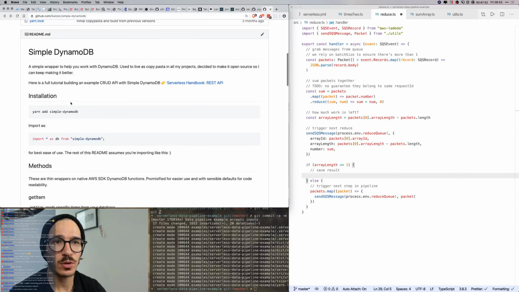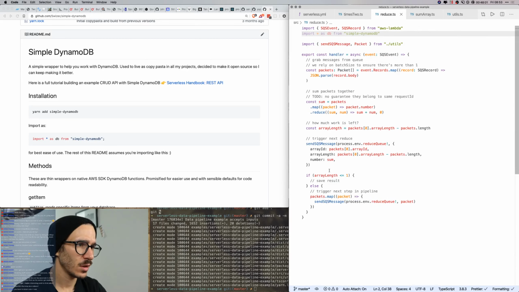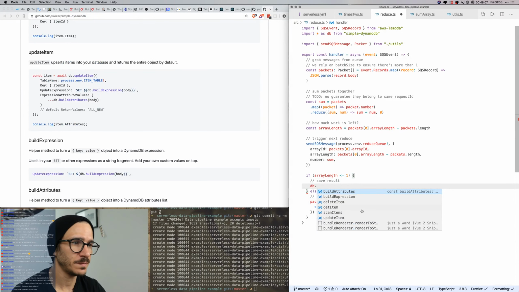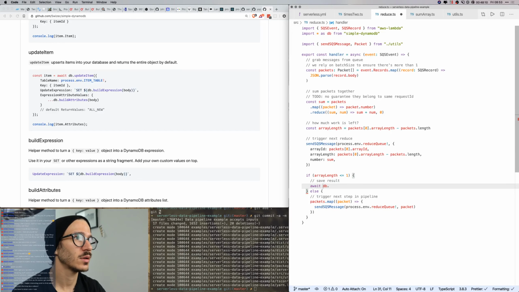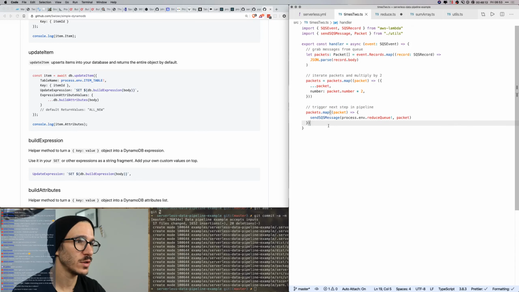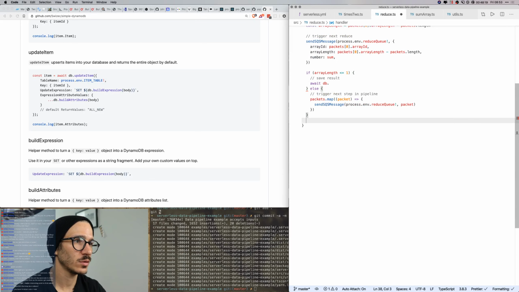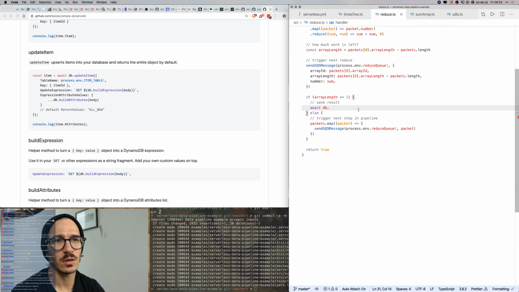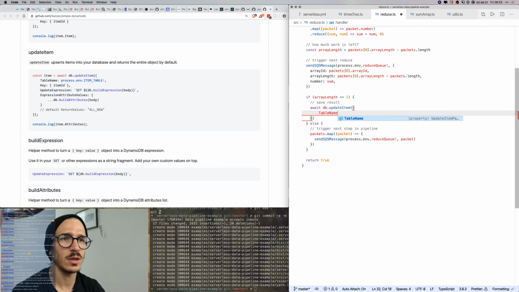So we import asterisk sdb from simple DynamoDB, and then we go here and we say db dot update item. Wait, oh, and we need to return true from each of these. So return true, and in reduce we also return true. Now await db update item. We're going to say that table name is process.env.results table,